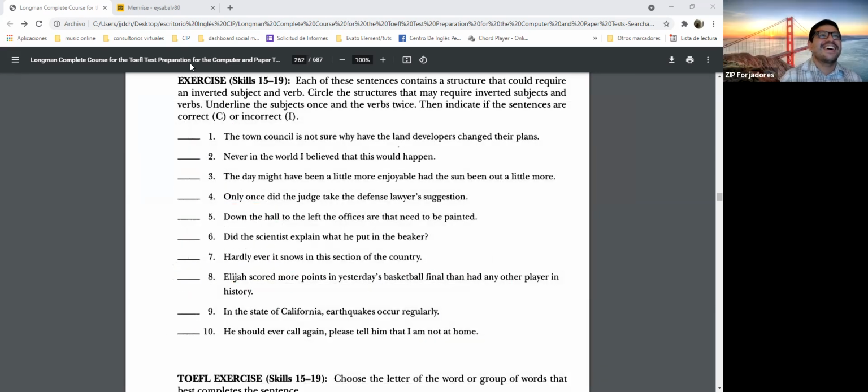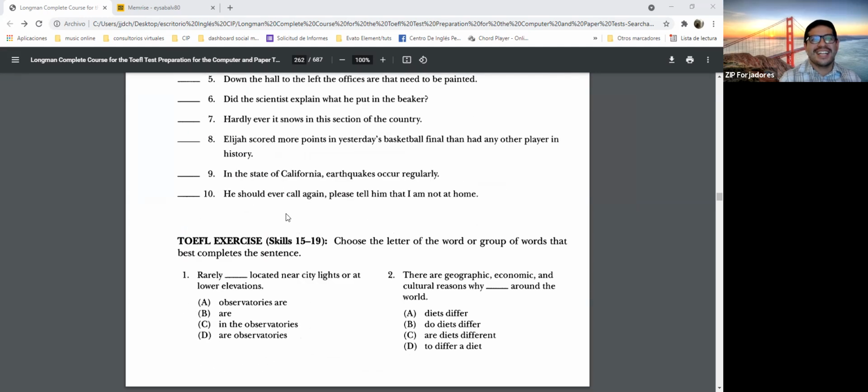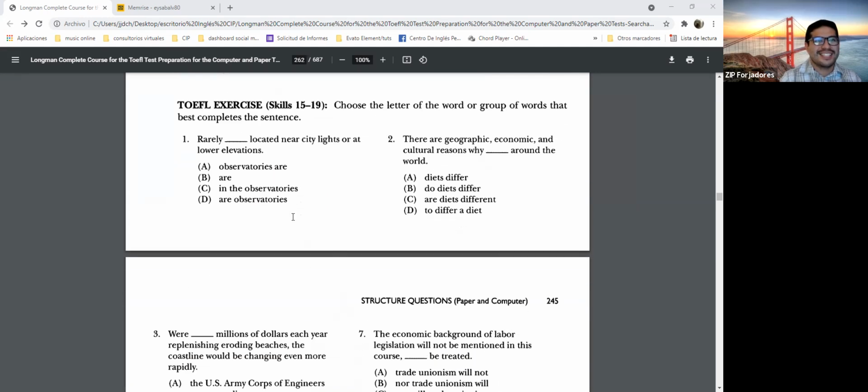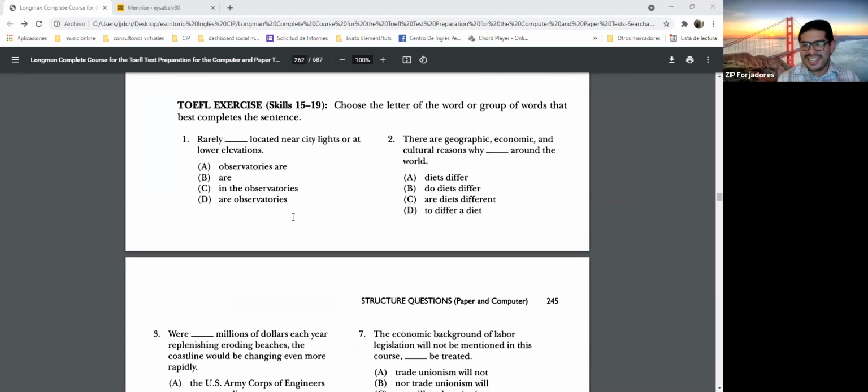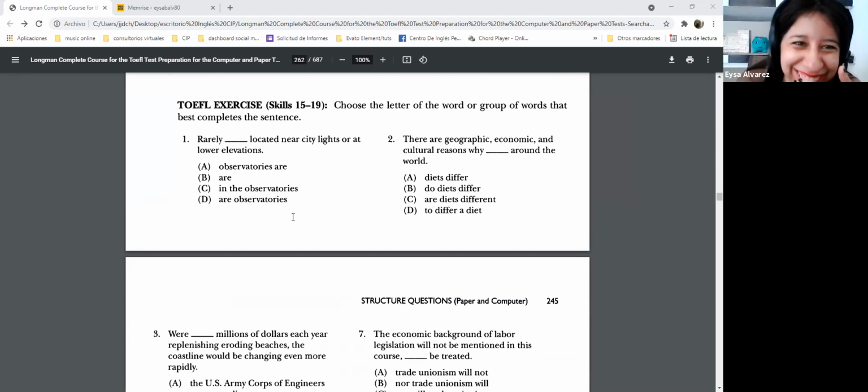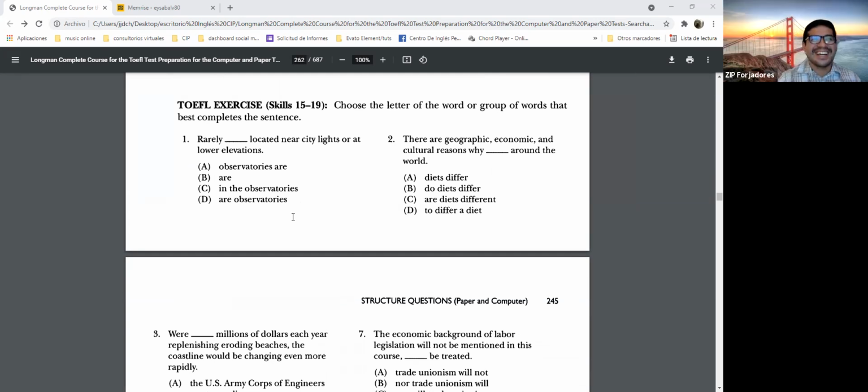All right, so you did this exercise with time. How much time do you have left? I have 2 minutes left. All right, and you say that you didn't check the answer key, right? I don't want to. Okay, all right, so let's go one by one, starting with number one.